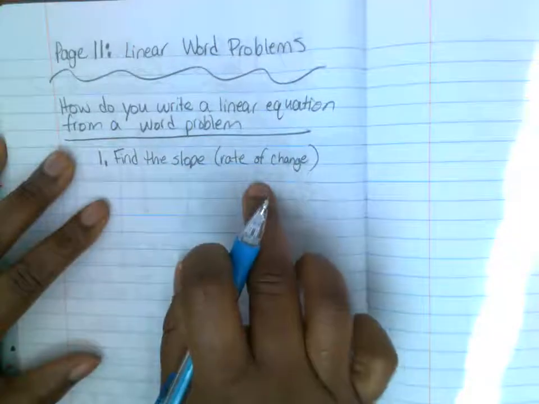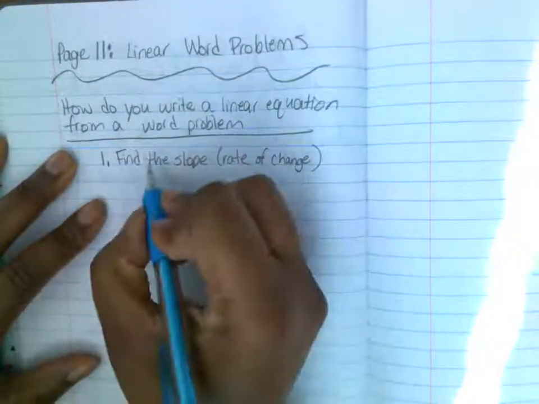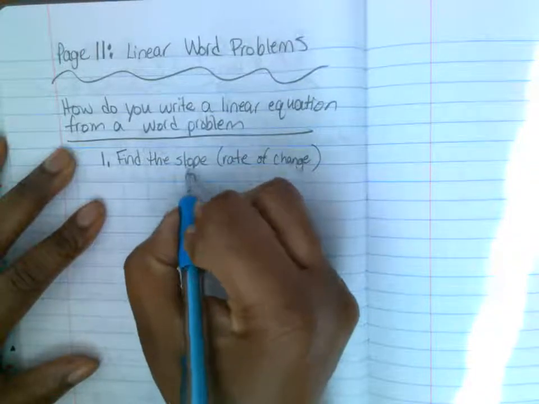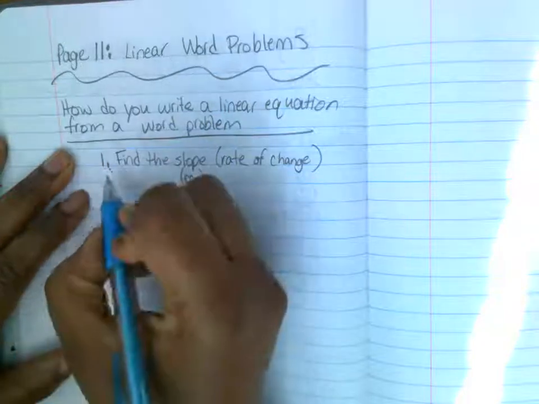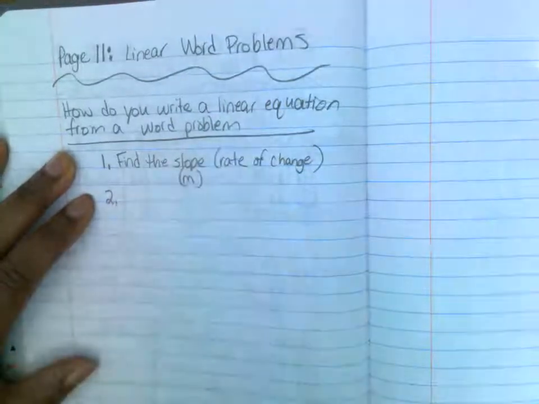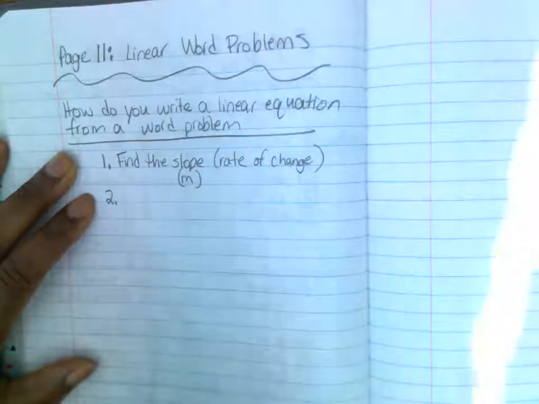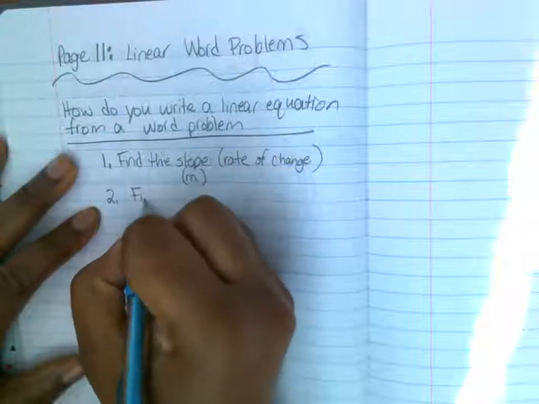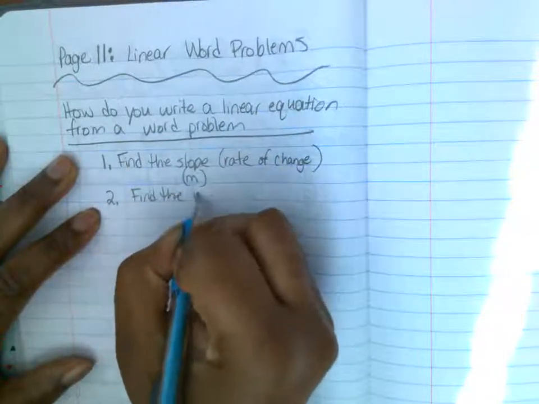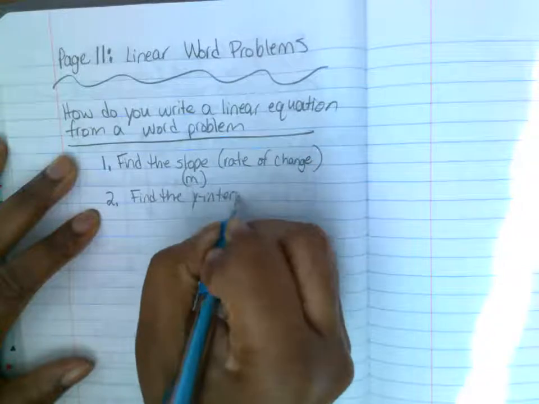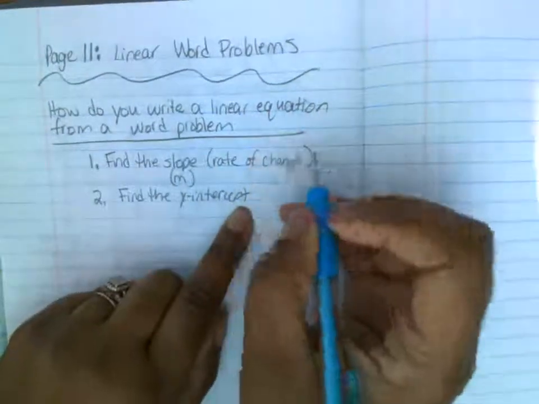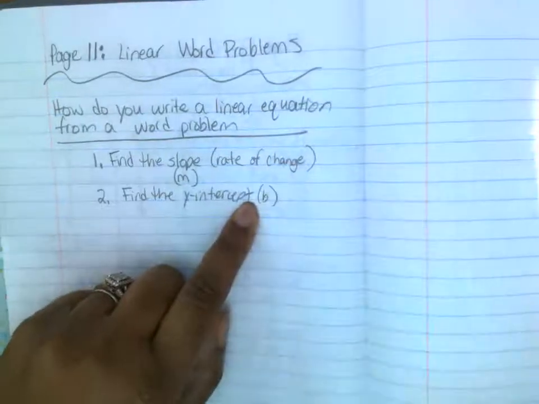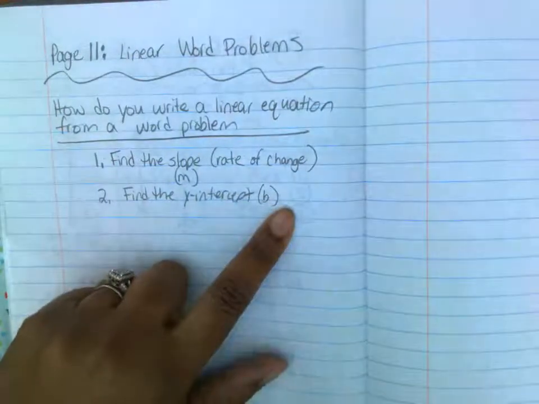And that value is going to be your slope. That's what you substitute for m. That's going to be your slope. Number 2, the second thing you look for is your y-intercept. Find the y-intercept. In a word problem, the letter for y-intercept is b, but in a word problem,